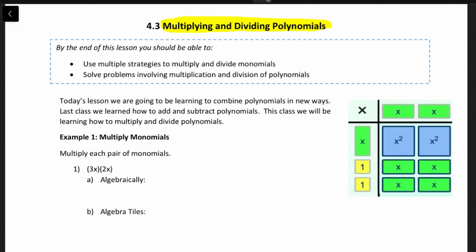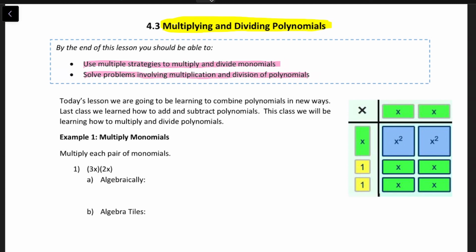So by the end of the lesson, you should be able to use multiple strategies to multiply and divide polynomials, and also solve problems involving multiplication and division of polynomials. So be able to use the math skills that you have in different ways. Okay, so we're going to be doing it algebraically and also using algebra tiles. And also be able to apply those skills in new situations like word problems. Yes, word problems. So make sure that you fully understand the math behind it so that you can apply it